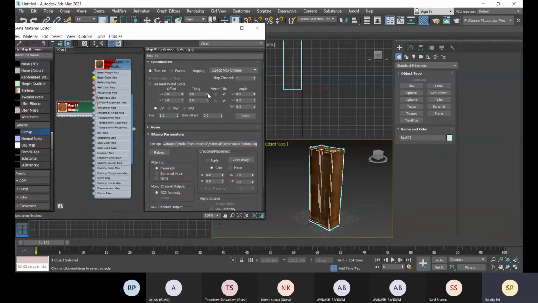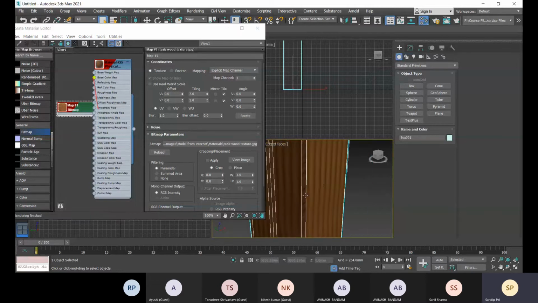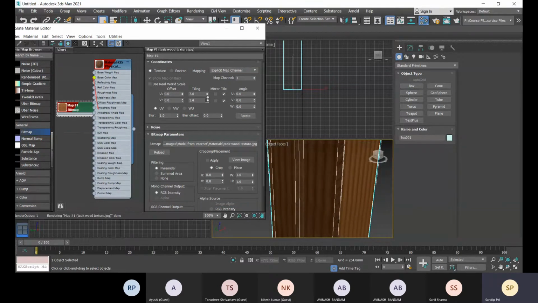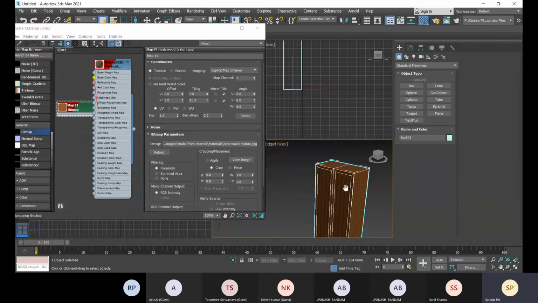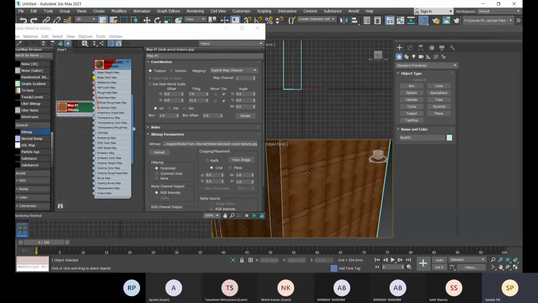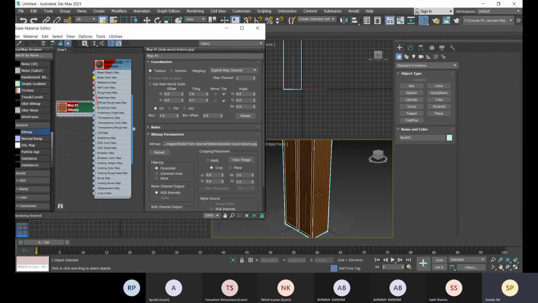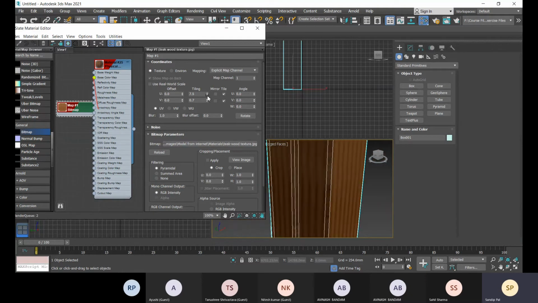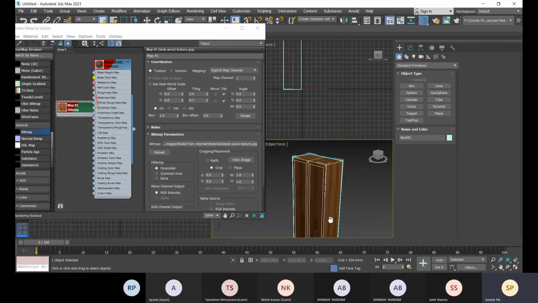Okay, so you see, this way you can change it. So let me change it like this.